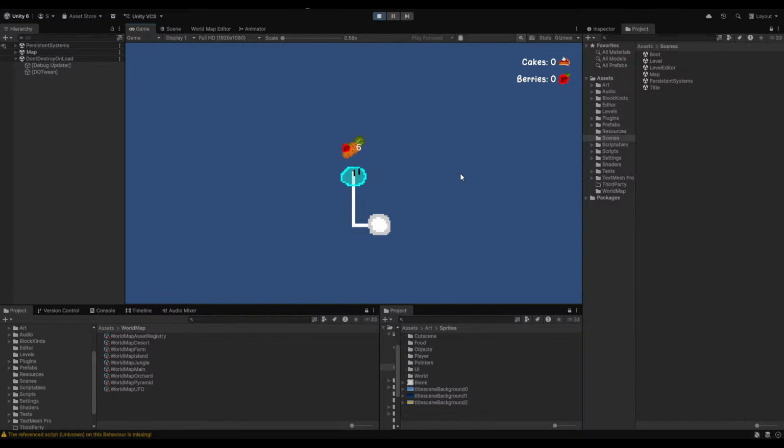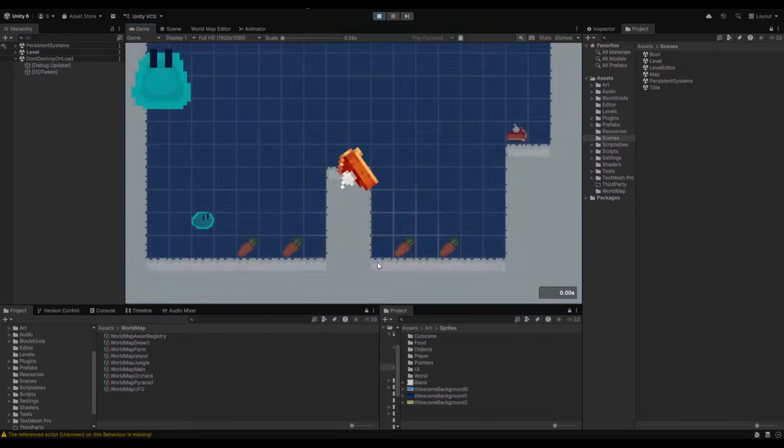Here's the world map system. Very, very simple. It looks awful because the background is nothing. And this is meant to show, hey, this is blocked by that thing. And I probably need a black backdrop because it's really hard to see. But here we have cakes and berries, which everything is placeholder, right? And the first level. Probably need a backdrop for the level name or something too, but let's just go in.